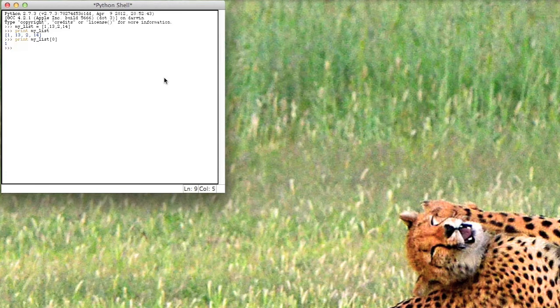So I can get the third element by using the second index. Remember, in Python you start from 0, so 0, 1, 2, 3, and we get that. We can get the length of a list. The length is just 4, and you can use lists to store data,